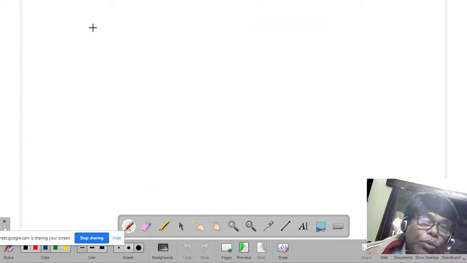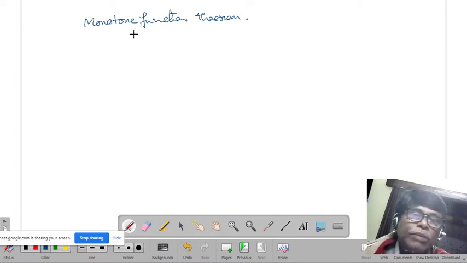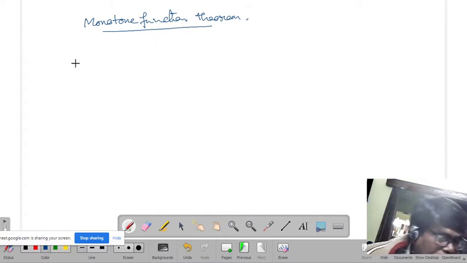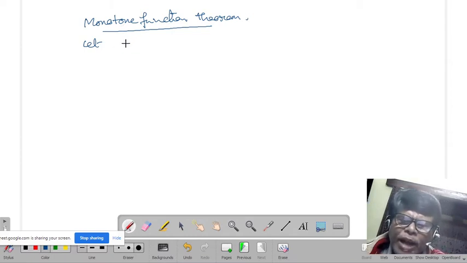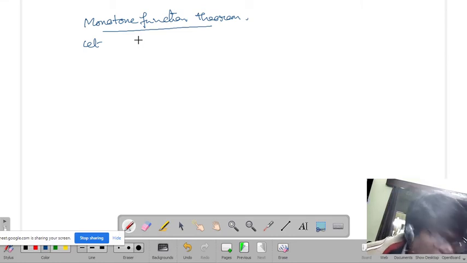This is called the monotone function theorem. What does it tell? Actually there are two theorems, but they can be combined. Now see, this is a theorem, but it will never come in the examination. But in curve tracing or in concavity or convexity problems, you have to understand this theorem very nicely, and you have to be able to apply it. We shall apply it seldom.